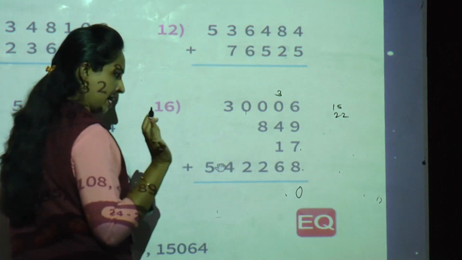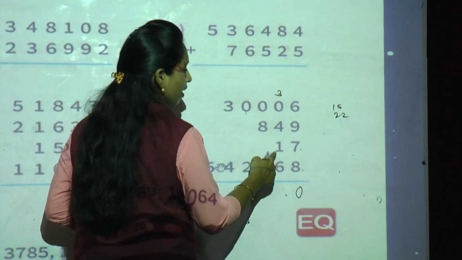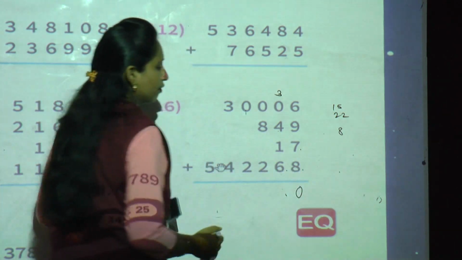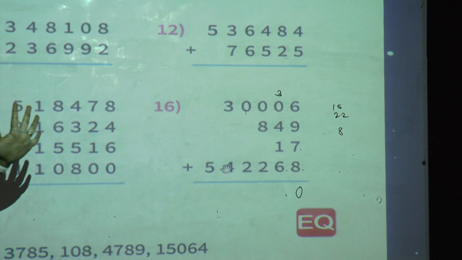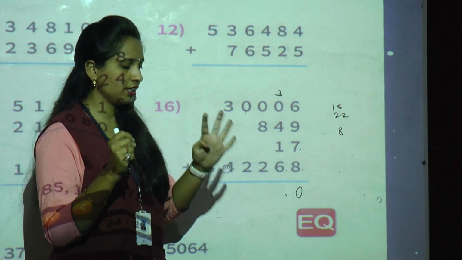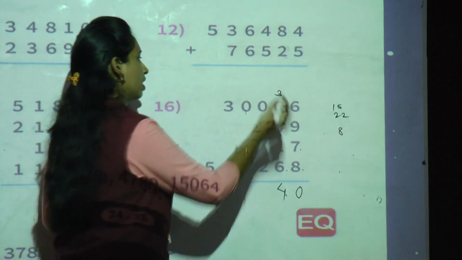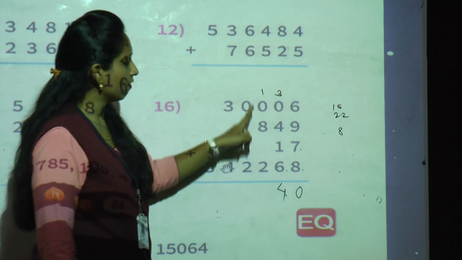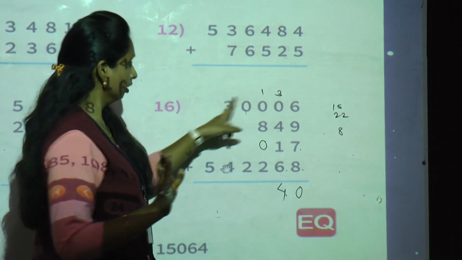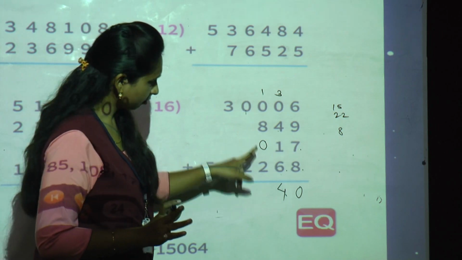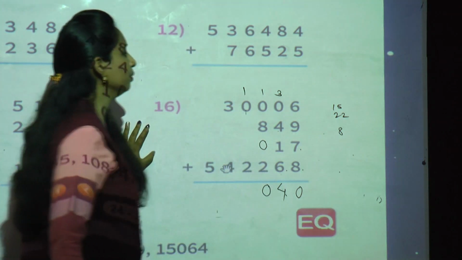3 plus 0, 3 as it is, and 3 plus 4, 7. 7 plus 1, 8, write somewhere and we have to add 6 in 8. Now keep 6 fingers, count after 8, 9, 10, 11, 12, 13, 14. So 14, 4 on tens place, 1 will carry to hundreds place. Now 1 plus 8, 9. Here nothing is there means what is there? 0. So 1 plus 8 is 9. 9 plus 2 is 10. So 0 here and 1 will carry to thousands place.